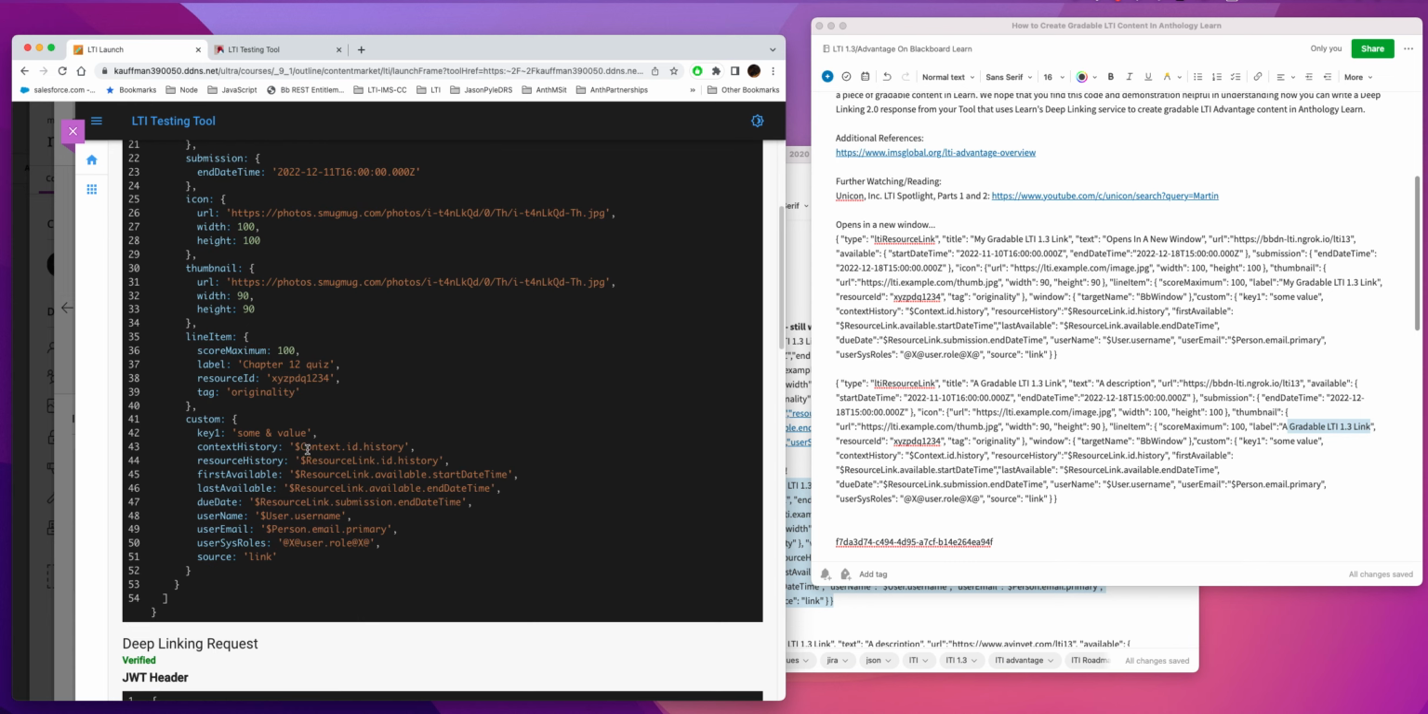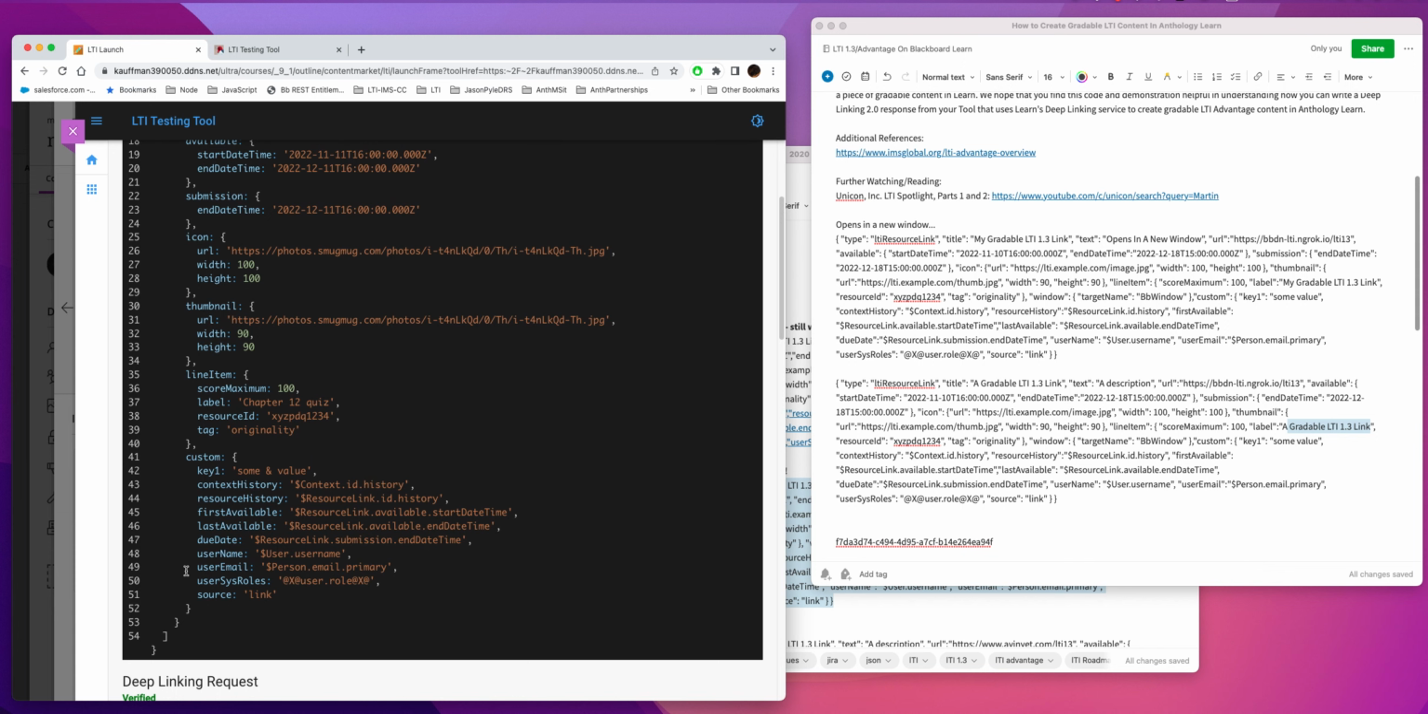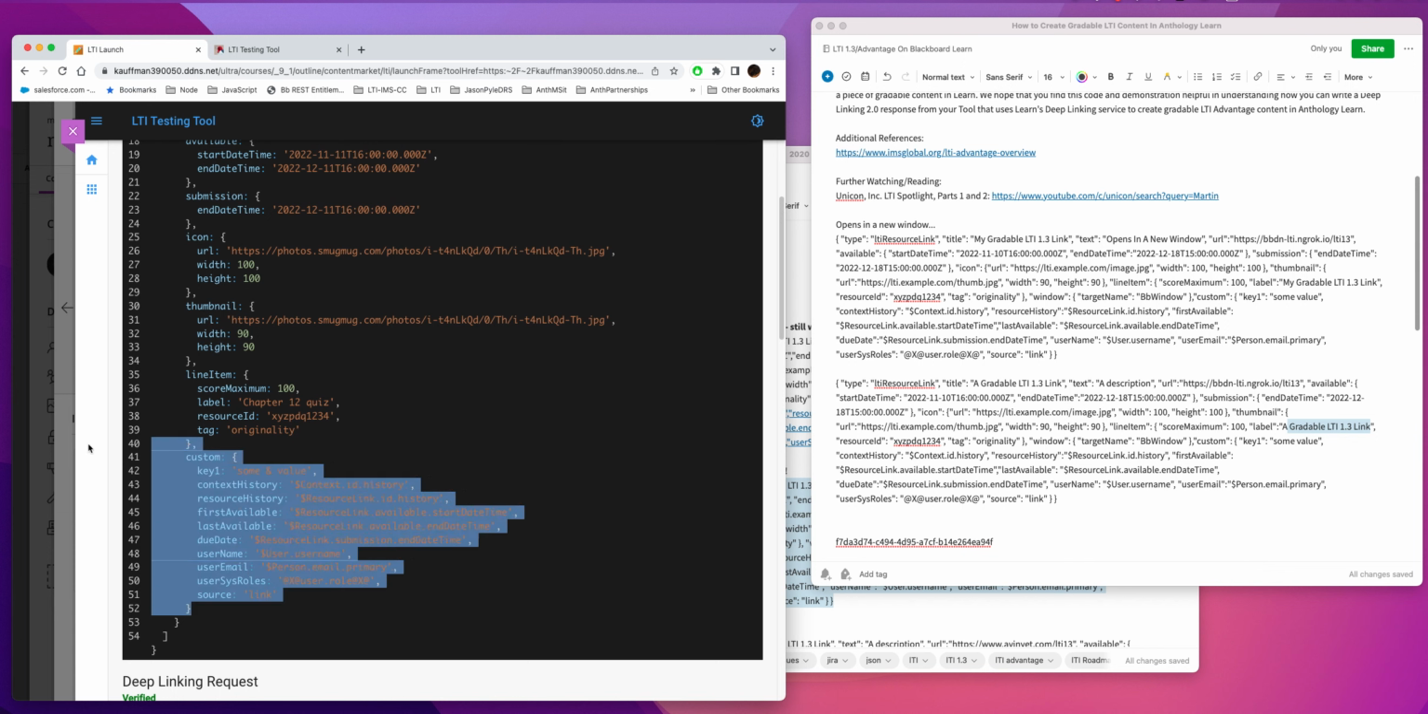I do not. So I see all these. You notice what I also did here is there's a bunch of custom parameters. You can create custom parameters that are associated with your LTI link, and that's really helpful. For example, if you want the LTI link that's created in Learn to point back to a particular item on your system,